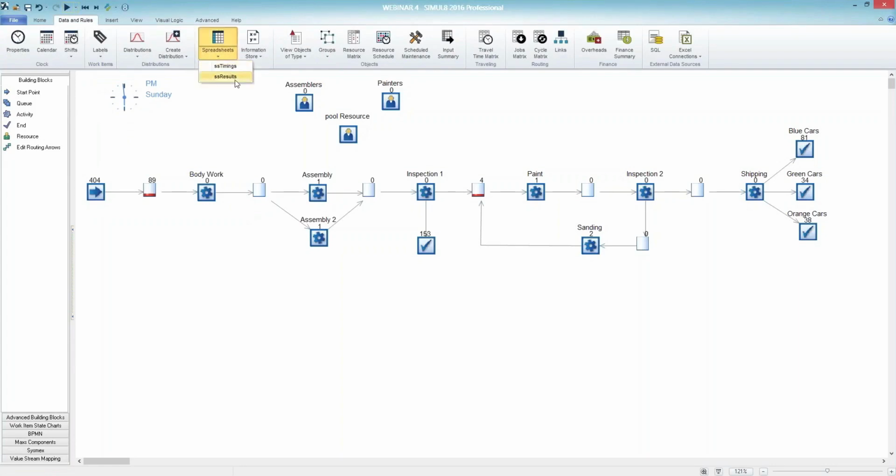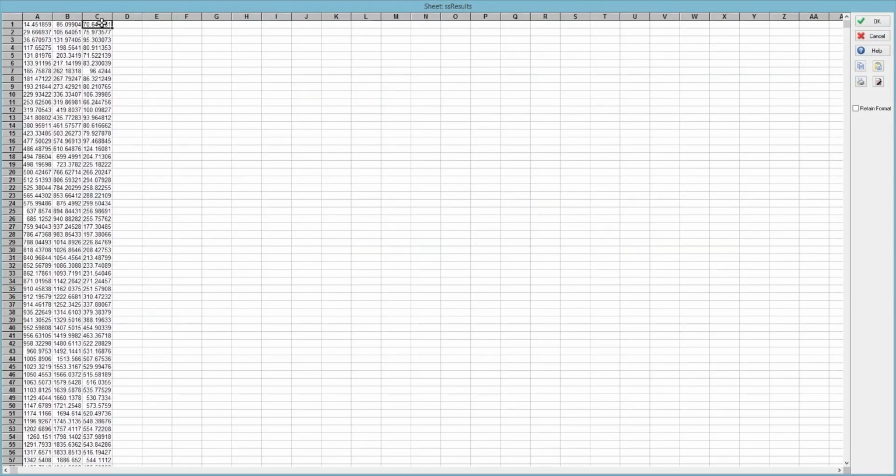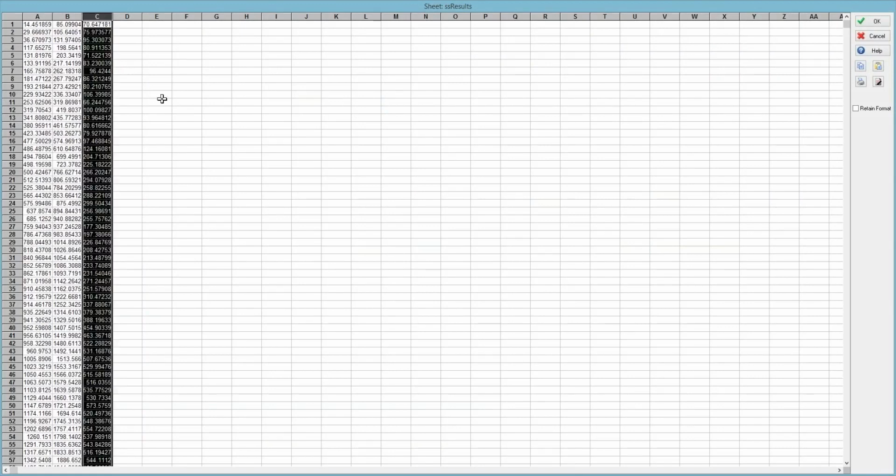If I click on my SS Results, you can see that I've calculated now the time that each individual work item has spent within that individual section of the simulation. So already we're building up some really detailed results right down at the individual work item level. This is a really powerful setup, and it can allow us to perform a whole bunch of analysis. For example, we could export this to Excel, draw some charts, we could export this into Minitab, for example,